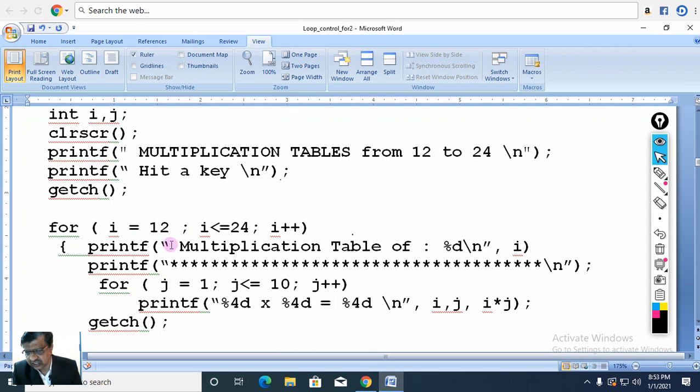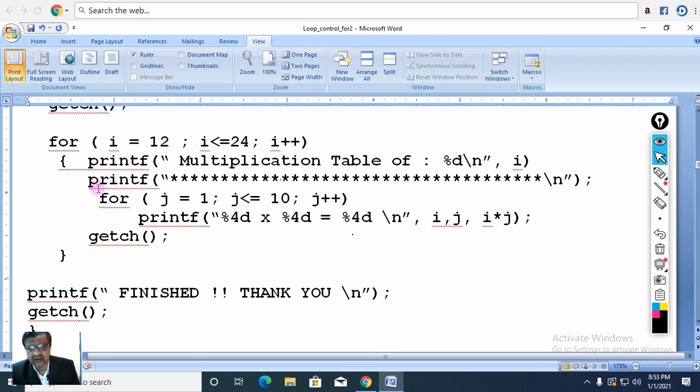So in the first iteration of the outer for loop, what will appear here is multiplication table of 12. In the second iteration, multiplication table of 13, multiplication table of 14, and it will be underlined by this. So it will look something nicely on the screen. For j equal to 1, j less than or equal to 10, j plus plus. Percentage 4d for a gap, of course, in order to write,